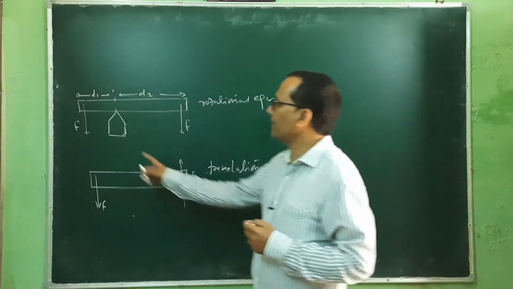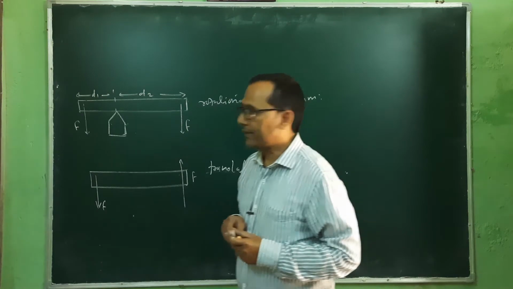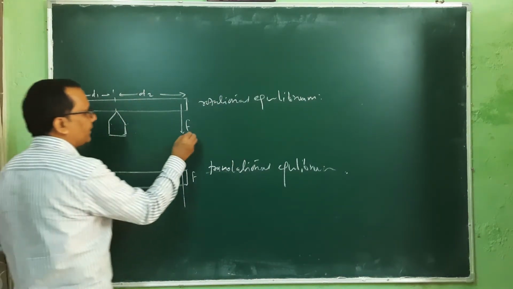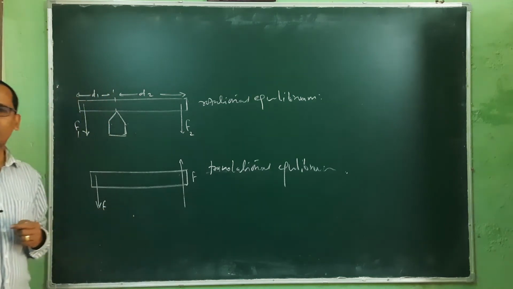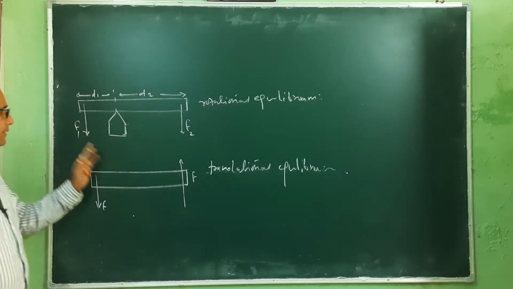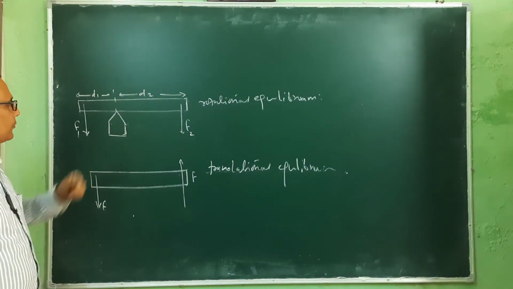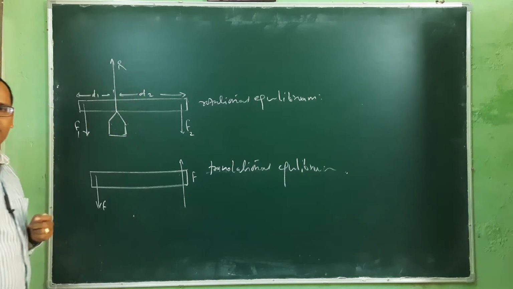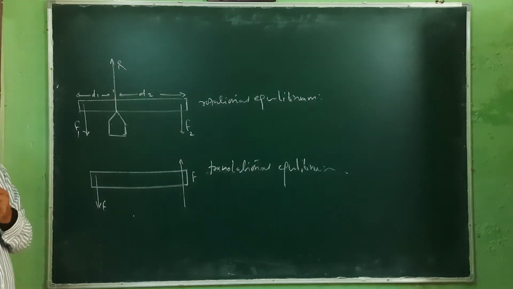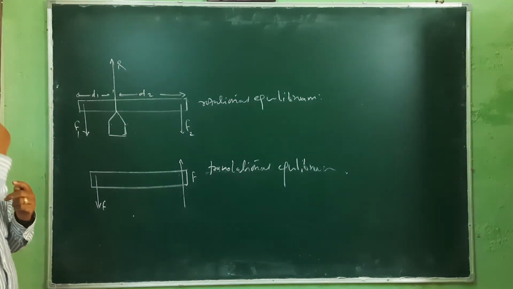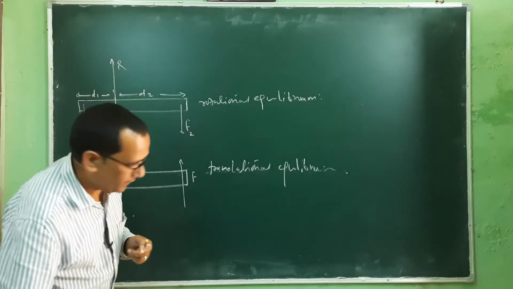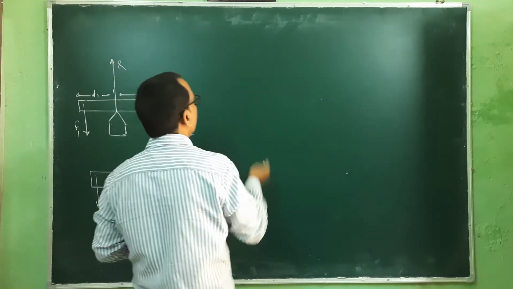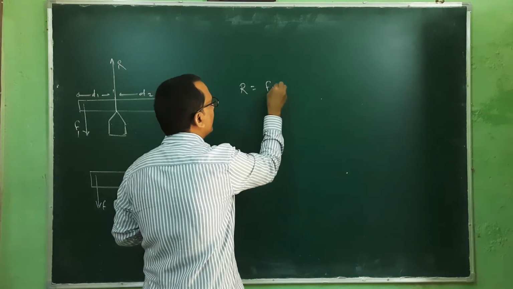So this is that hinge, a support, and on this support, two forces are applied. Let's say this is F1 and this is F2. The forces are not identical. This is F1, this is F2, and this is the supporting force. Then one reaction will work in the upward direction. Obviously, if there is a support, there will be a reaction force also, and that reaction force R is equal to F1 plus F2.